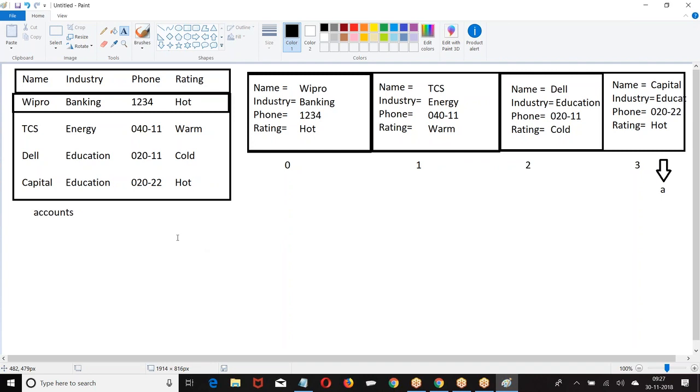What is the name of the list? We are assuming the name of the list is accounts.